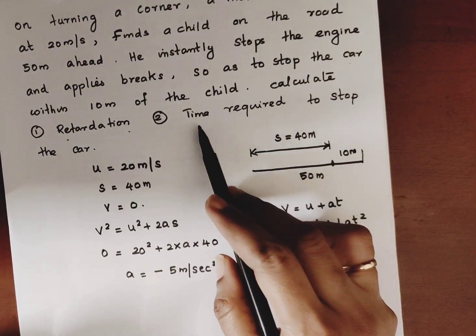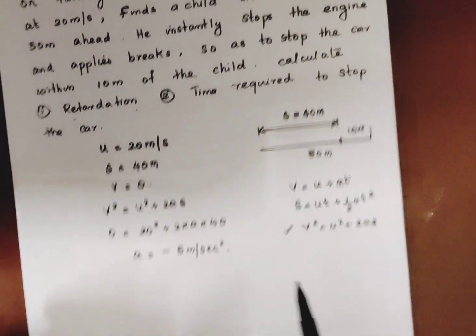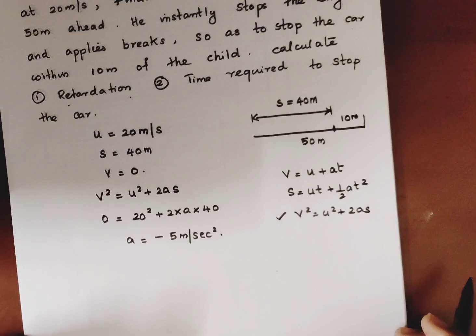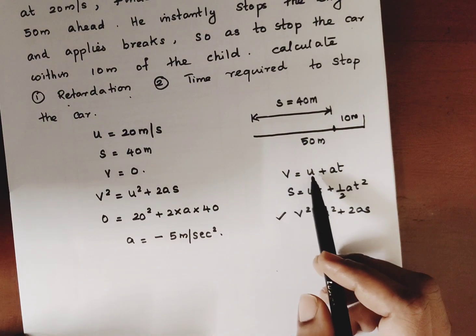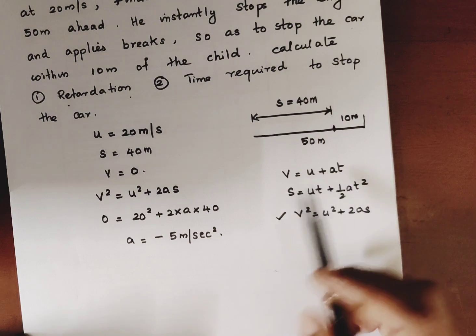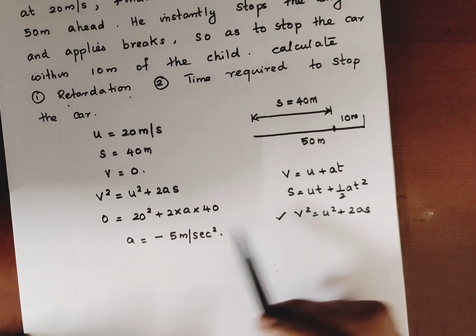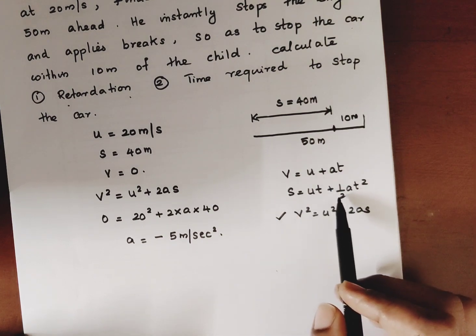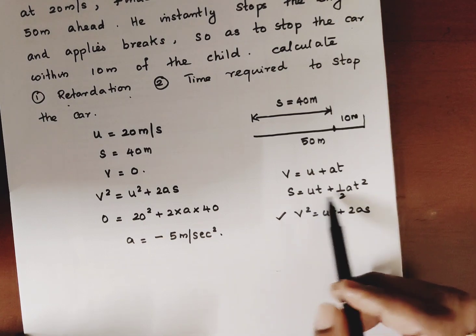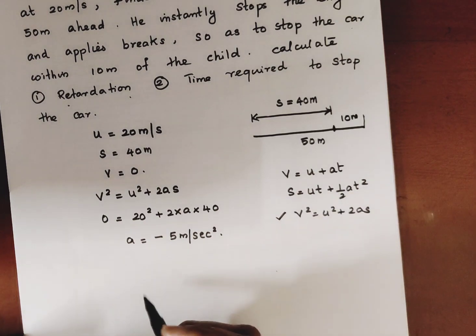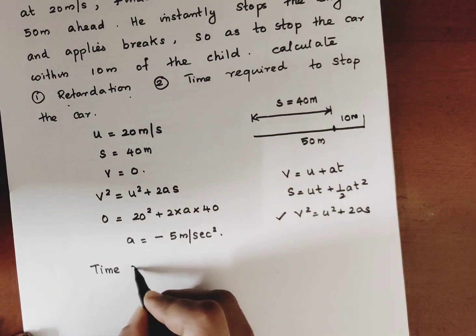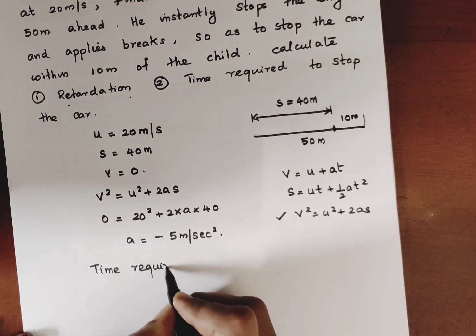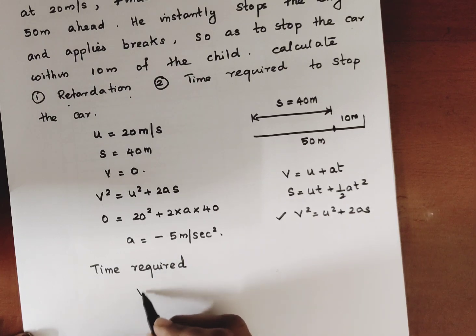Second, you have to calculate the time required to stop the car. So in order to calculate the time, you have final velocity, initial velocity, then acceleration. So you can use this equation, or else if you want to use the second equation, that is also possible. So now the time required, that is